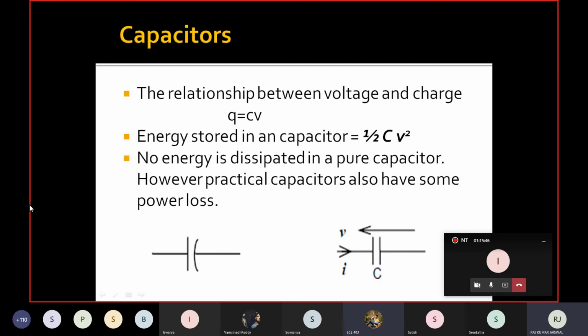A component that is used to store energy in the form of an electric field. Yes, whatever energy we are going to store, we will store in the form of an electric field. Okay guys, you should not get confused. Whatever I am going to teach is very important, and it's okay. We will see how the capacitor works. Can anyone tell me how the capacitor works?